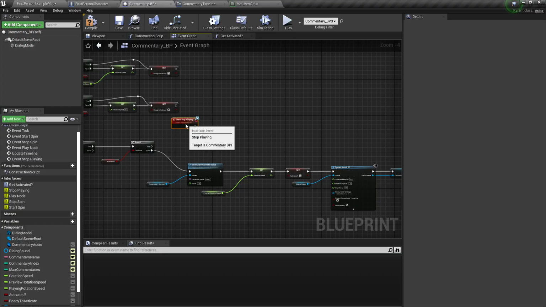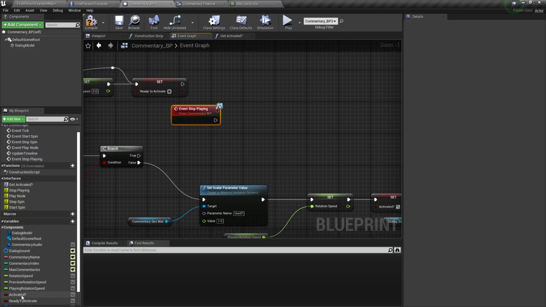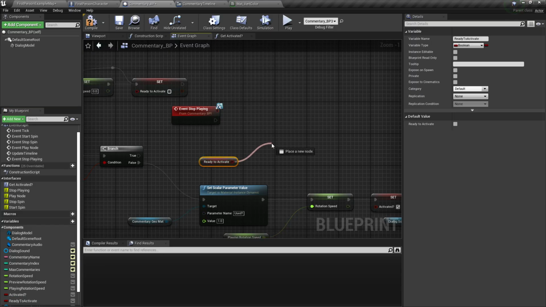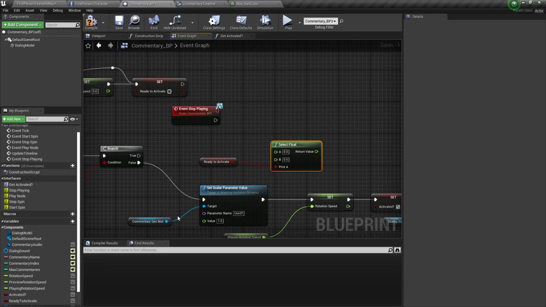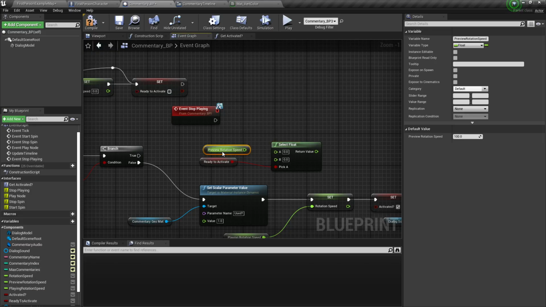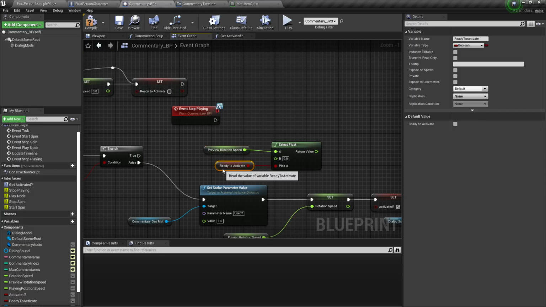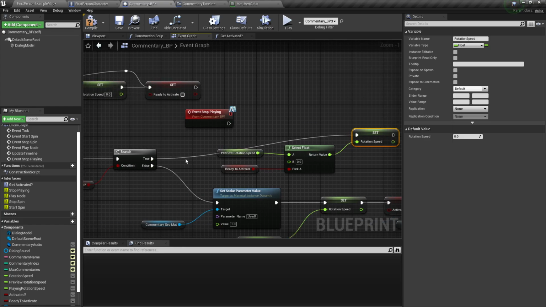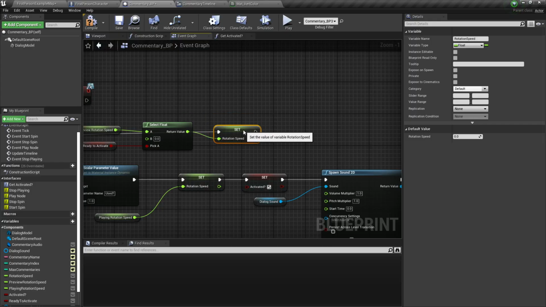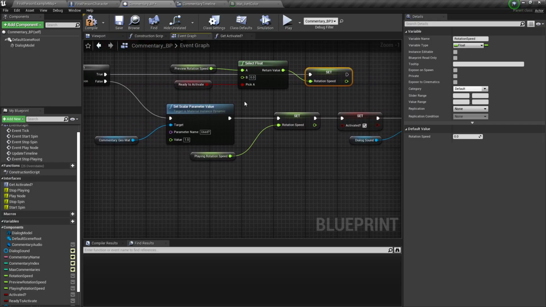I'm going to quickly create the node that goes here. We're going to do ready to active, select float, preview rotation speed, and then we're going to set the rotation speed to this. So this is basically,